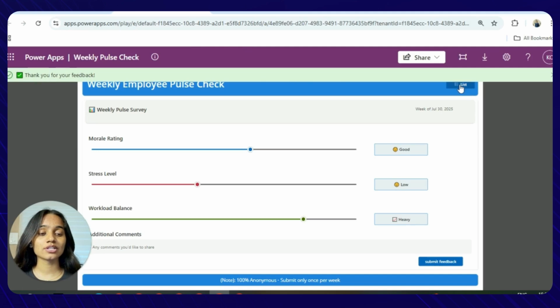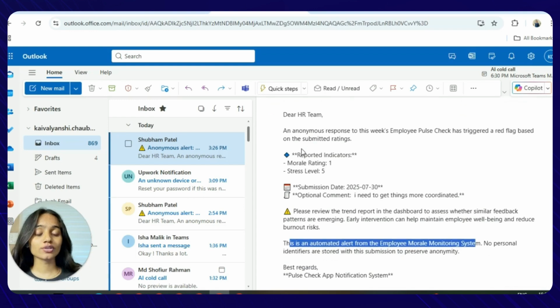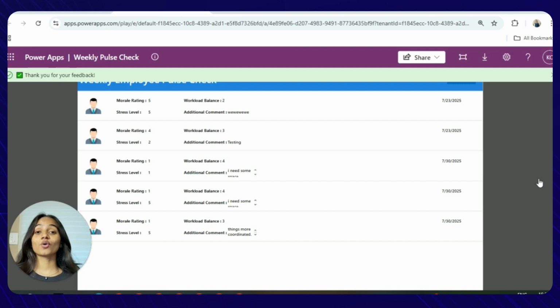So it enables us to see the list over here, which is going to show the entries of every respective person, but all of it is anonymous. This is the thing I just posted. And here's what it looks like for the HRs and the managers, letting them know about their insights of the team, the stress levels, the morale, how things are taking place, and what needs to be taken care of. So, if you're looking for a confidential and data driven solution that would help you understand how things are inside your team anonymously, this is exactly the kind of solution that you might be looking for.